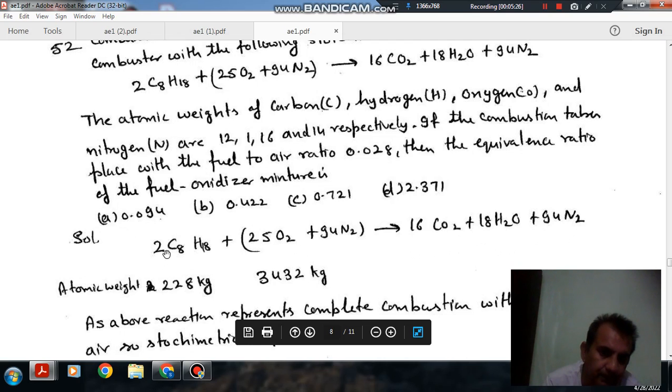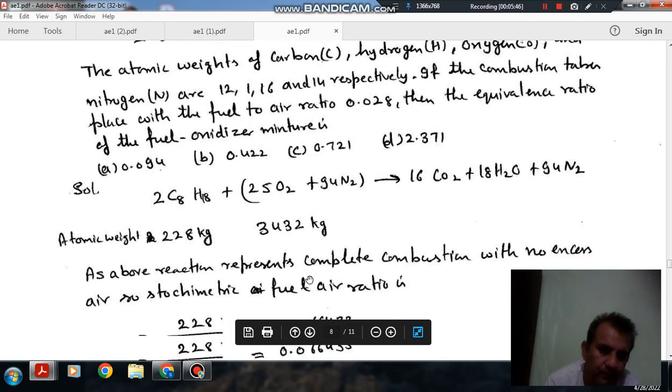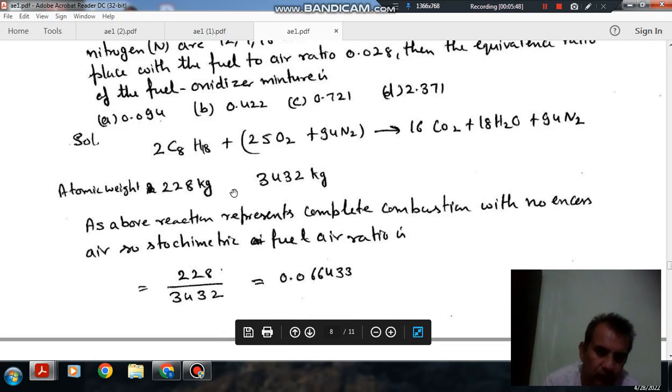Okay, if we take 12 into 8 kilogram of carbon and 18 kilogram of hydrogen, then multiplied by 2, that is 228 kg of that fuel, then this amount will be your 3432. Okay, so the stoichiometric fuel air ratio will be 228 by this 3432. Okay, this is air, this is your fuel. The fuel air ratio will be